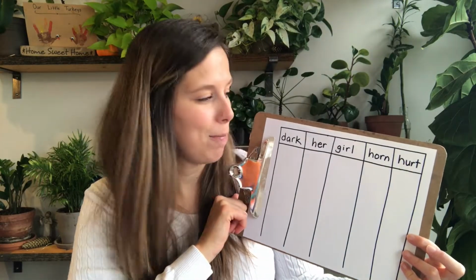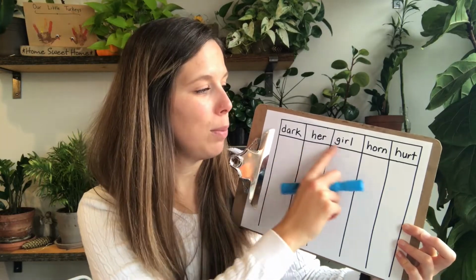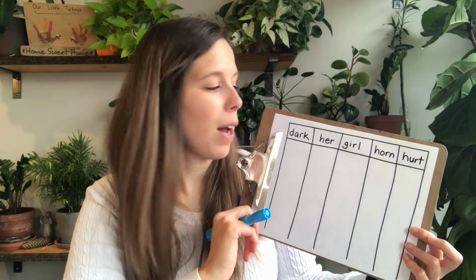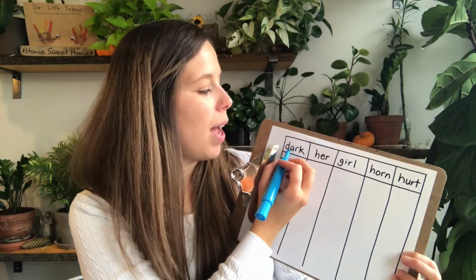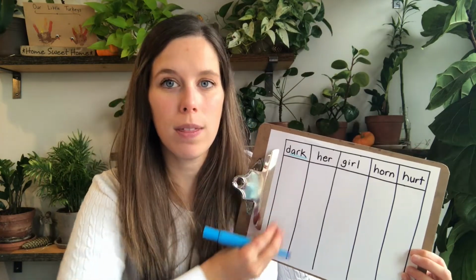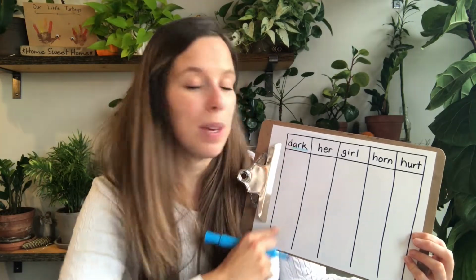This one always has an A, E, I, O, and U, always, every time we do this activity. Then I ask the kids to focus a little bit more on the guiding words at the top, and they'll notice the vowels, but I'll also point out the onset and the rhyme. And so I'll tell them that as we do this sorting activity, any words that have the rhyme arc should go in this column. So dark rhymes with arc, rhymes with park, rhymes with whatever. So that will be in this column.